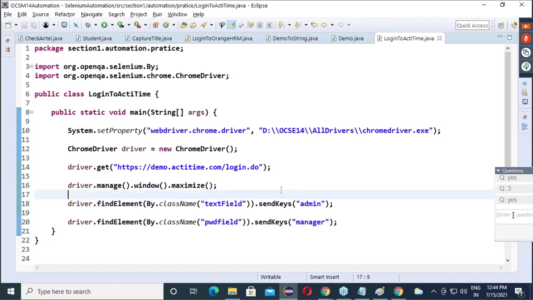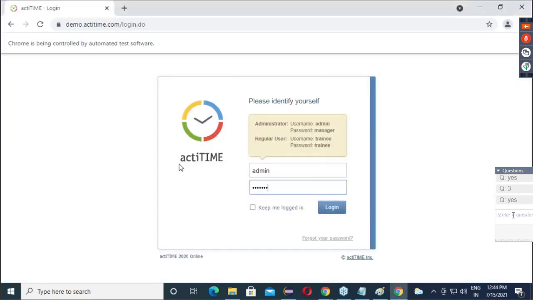Okay, clear with this? Which is the next locator in our list? ID done, name done, class name done. Now link text, partial link text. So now guys, for a link, which web page?